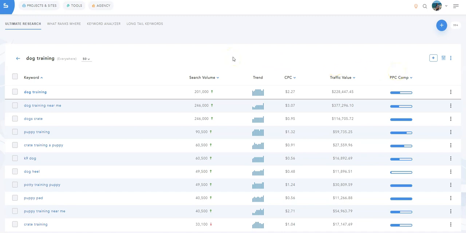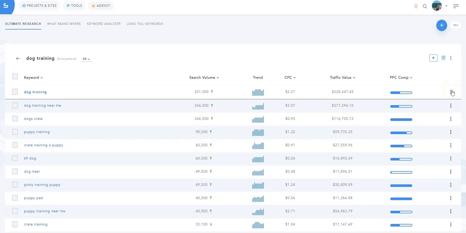You will also see next to the monthly search volume either a green upward arrow or red downward arrow. This arrow indicates whether the average monthly search volume for the last 6 months in comparison to the previous 6 months is increasing or decreasing. If you wish to add another keyword to your search without having to do a new search, you can do this by clicking the plus button here.